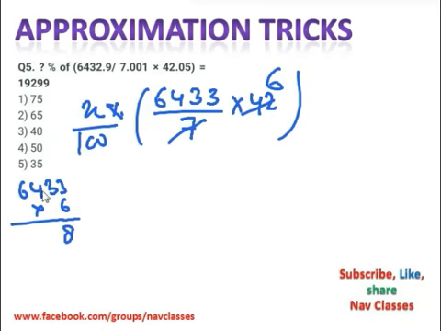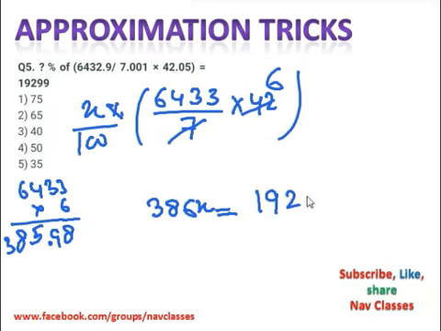That would come 18, 1 carry forward, 19, 1 carry forward, 25, 2 carry forward, and this will be 38598. This is approximately divided by 100, so we can point after 2 digits, so that would be 385.98. If we want to approximate it, then we should do 386. Okay, so we are not leaving with 385, we will approximate it. 386. X is equals to